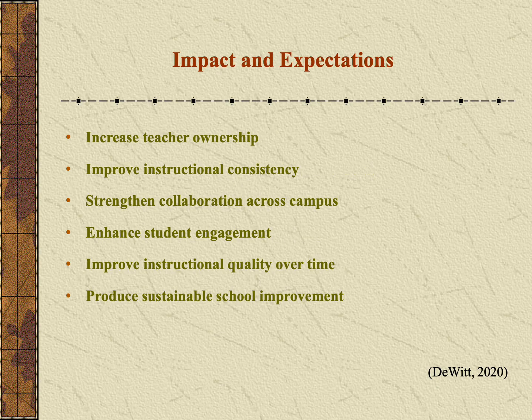So what DeWitt is trying to communicate in the book for impact and expectations is, first, that leaders need to increase teacher ownership in the process of designing and developing their instruction, as well as implementing the programs that they're being asked within their classrooms. Second, it's improving instructional consistency. And this starts with leadership modeling and communicating expectations to the teachers at the beginning of the year and throughout the year so that they're well aware of what needs to be taking place within the classroom